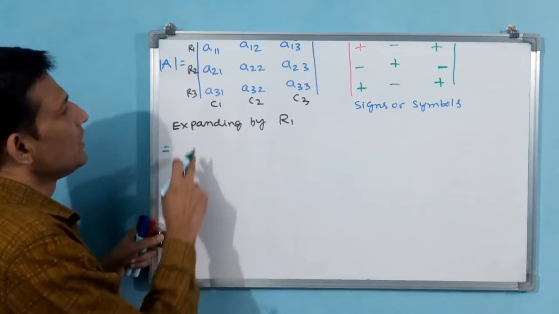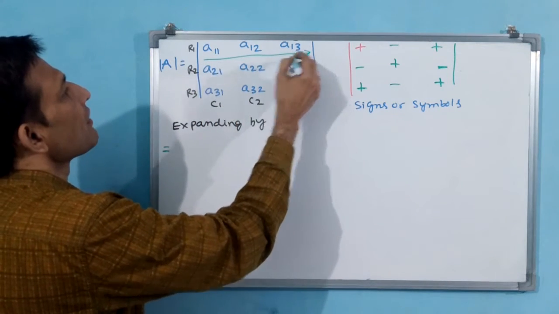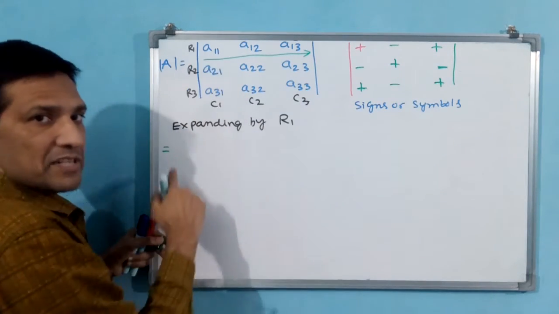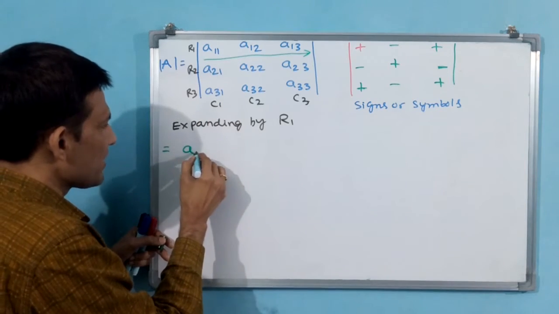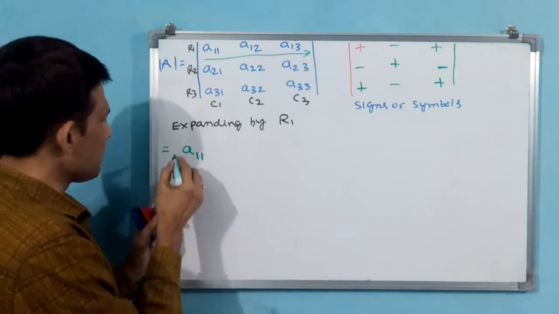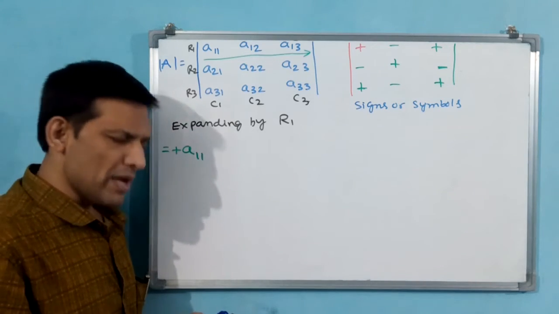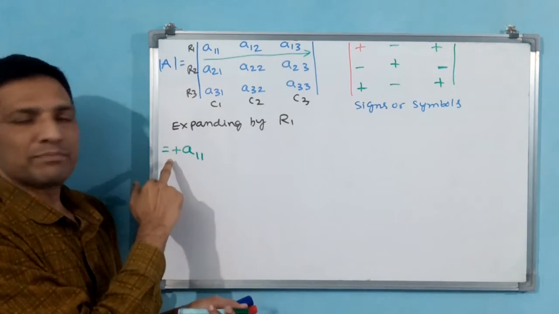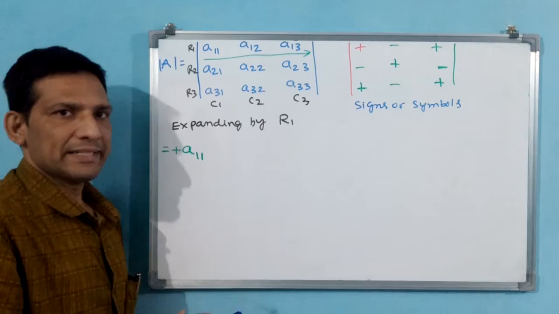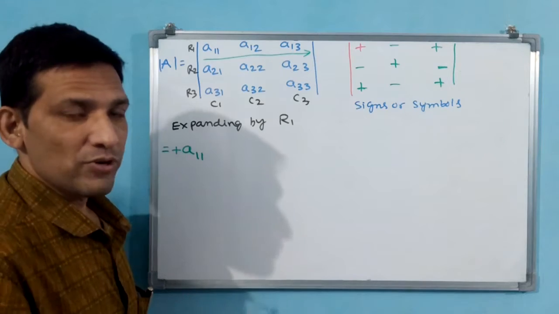That is equal to. First one is, see, we are taking this one. Row 1, R1 we have written. What will we take first, left to right? First A11 you have to take. I have taken A11. But what will be the symbol for A11? Positive. Then you write positive here. Don't think that positive we did not write, but you make a practice of writing this sign also for the determinant. In the next step you can remove that sign, but in between you have to keep it, or else you are going to get confusion.